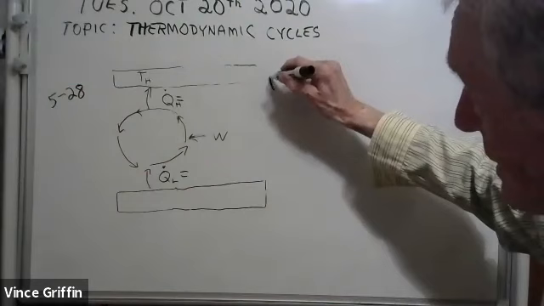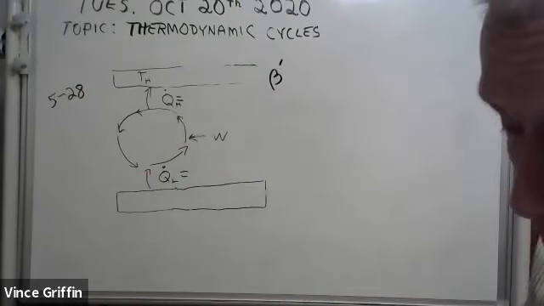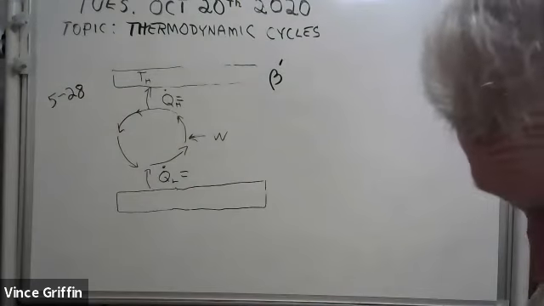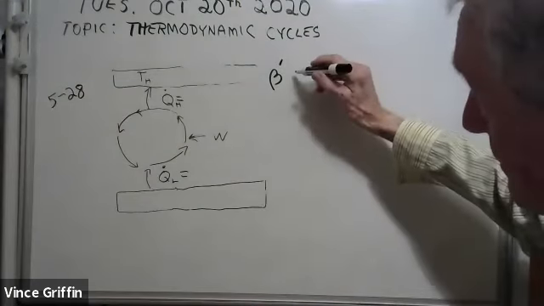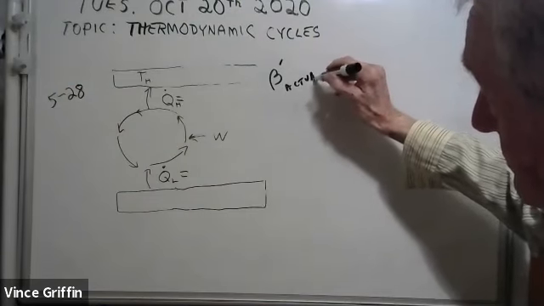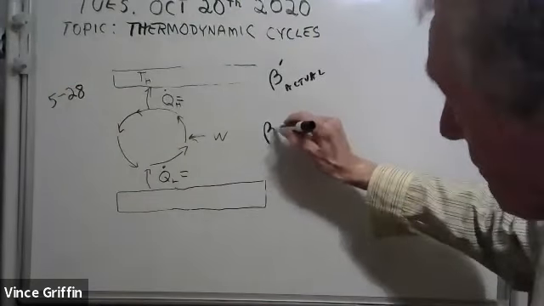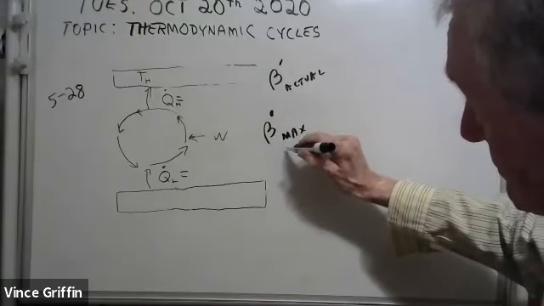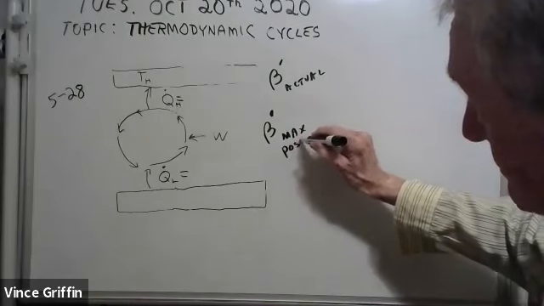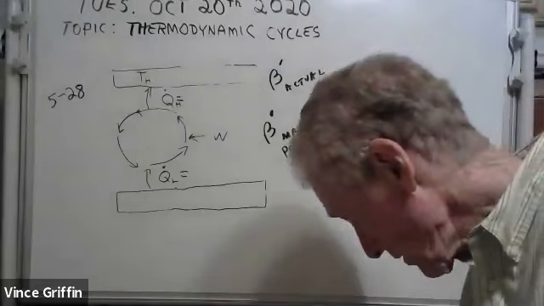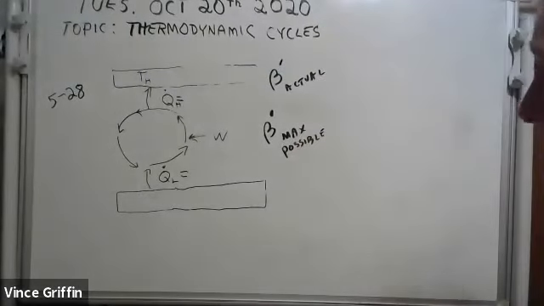They have this beta, but they call it beta prime. It's the coefficient of performance of the heat pump cycle. And they have an actual, and they have a maximum possible. And the actual is equal to,